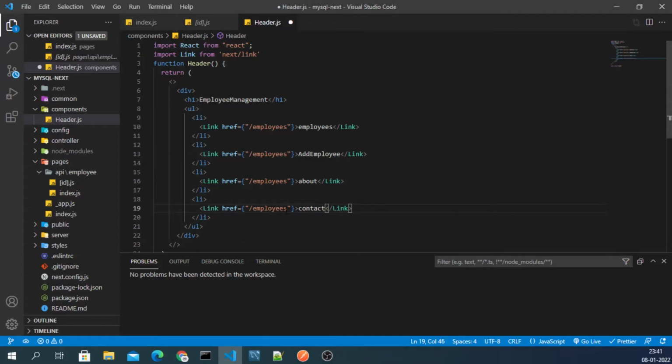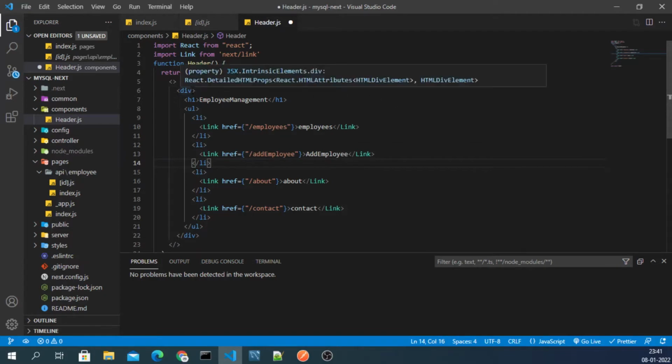If anyone clicks on contact page it will open the contact page. If anyone clicks on about it will open the about page. And if anybody clicks on add employee, then it will open add employee like this. Okay, so I think we're done.